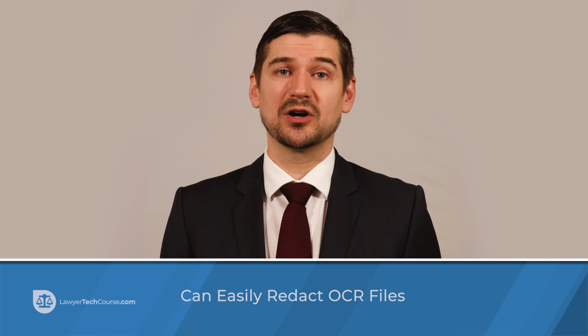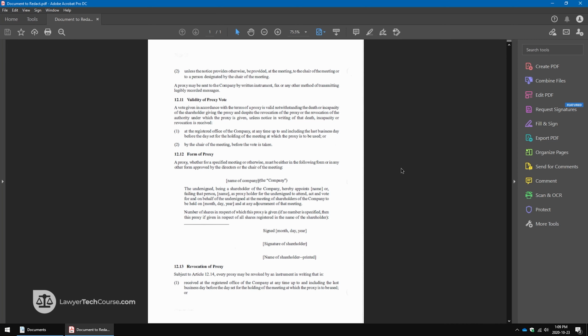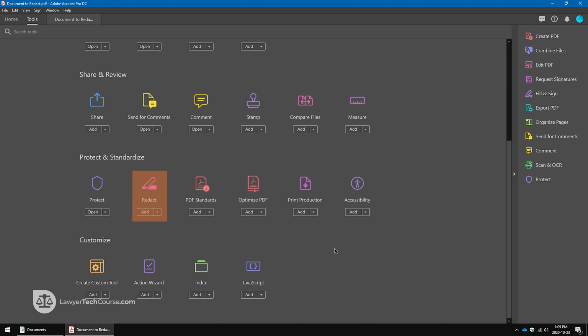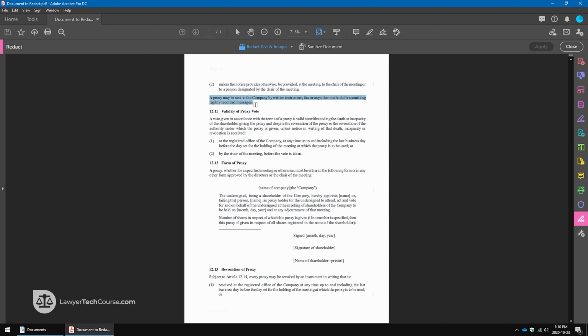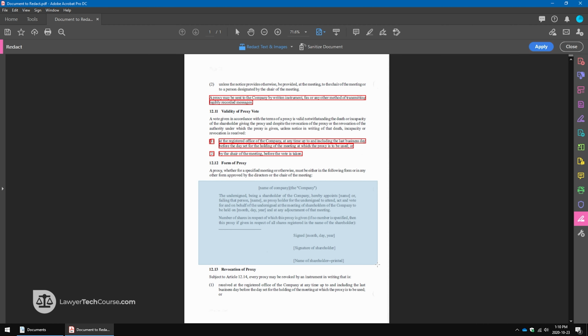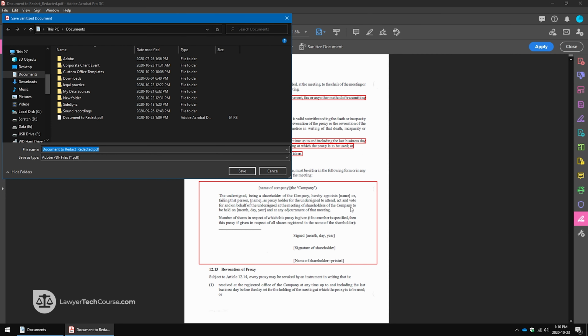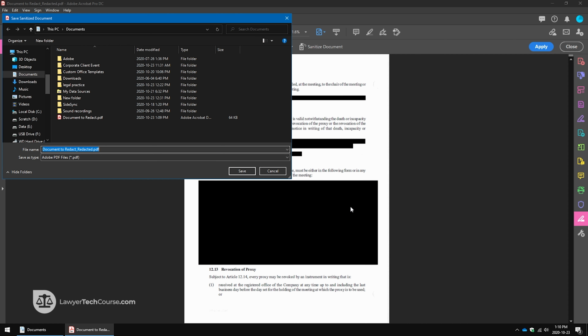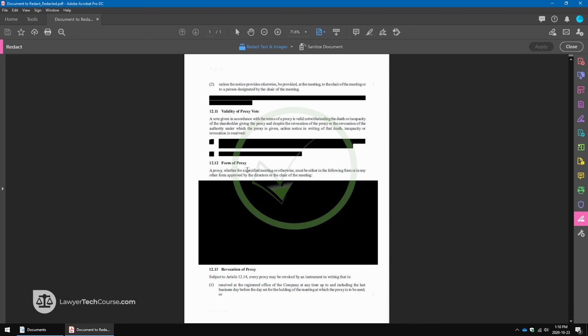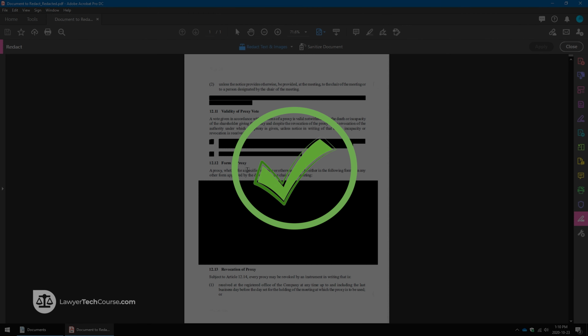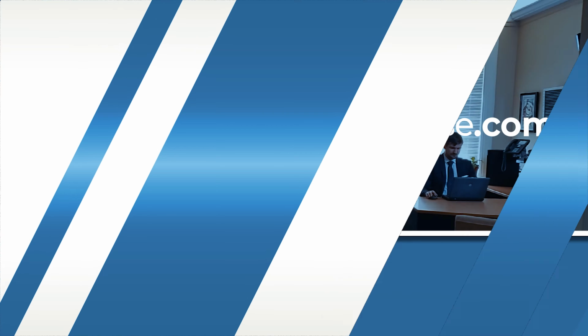Imagine that you wanted to send out a document with certain information redacted. To redact in Adobe, I select More Tools, then Redact. I then select text in the document or use my mouse to draw rectangles over areas that I want to redact. Once I'm done selecting areas and text, I click Apply and then OK. To ensure that I'm not saving over the original document, the program prompts me to select the name and location for the newly created file with the word redacted at the end. I then click Save, and that's it. All of the areas that I selected have been redacted, and the data that was there is now gone.